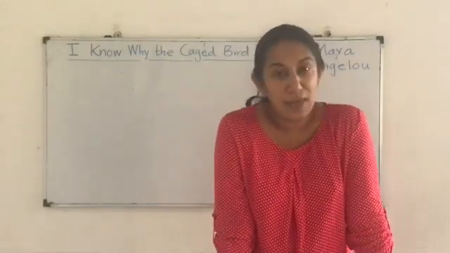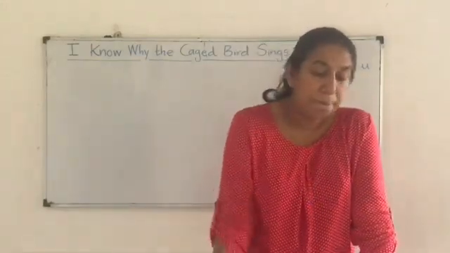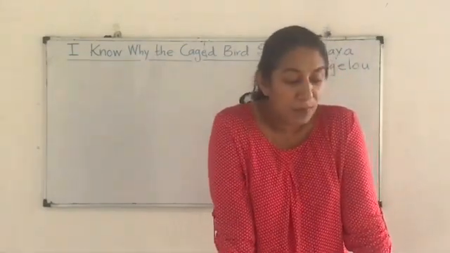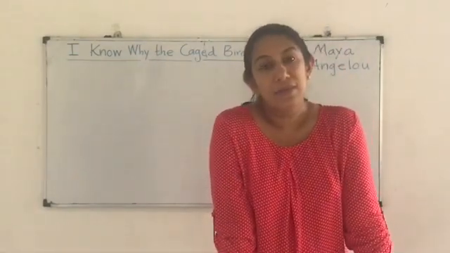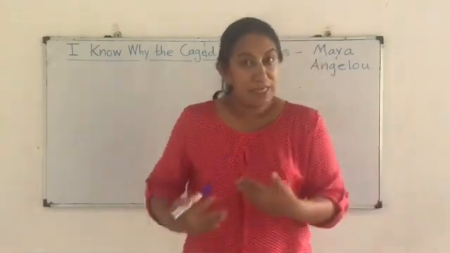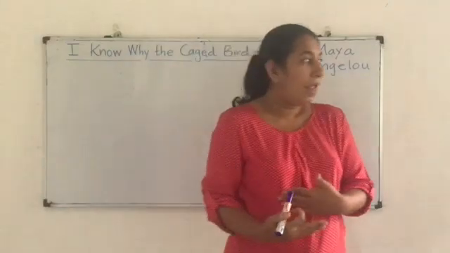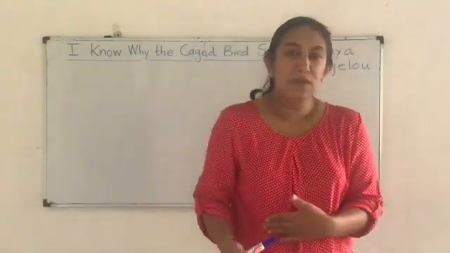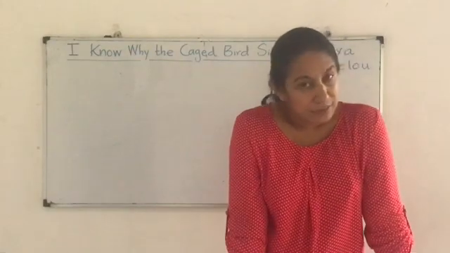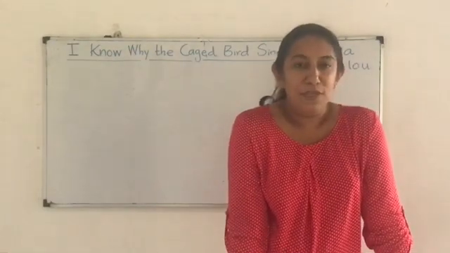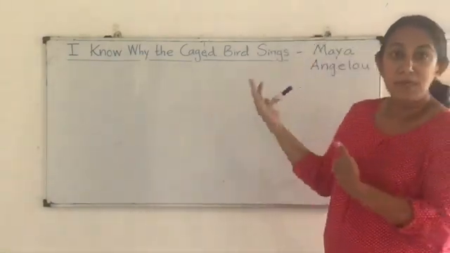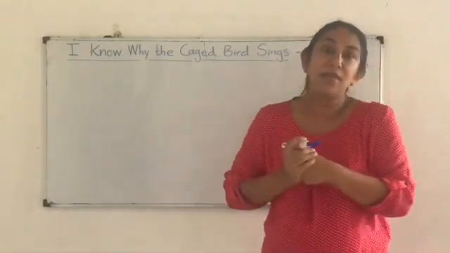And she named her first autobiography with the same name that we find in this poem, I Know Why the Caged Bird Sings. So that was her first autobiography. So she took the same name for this poem as well. And this is the poem we are going to deal with, not the autobiography. So that is a little bit of information about Maya Angelou